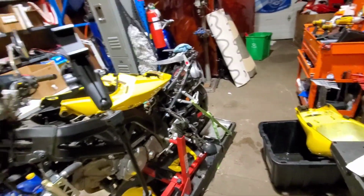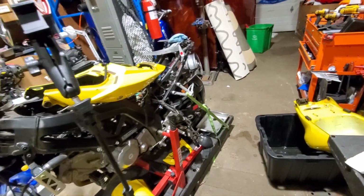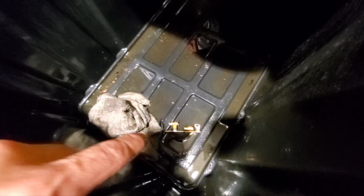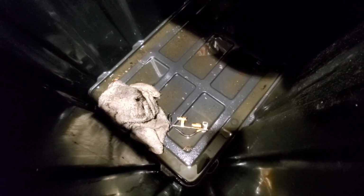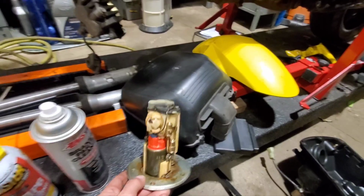So I pull the tank off this thing, and slight disappointment ensues. So first of all, for no apparent reason, I found a random thermistor still floating around in the tank. Well, bouncing around in the tank. The fuel pump, which is working,